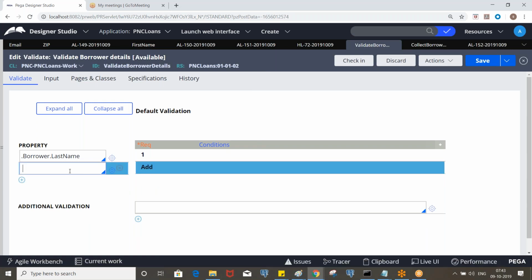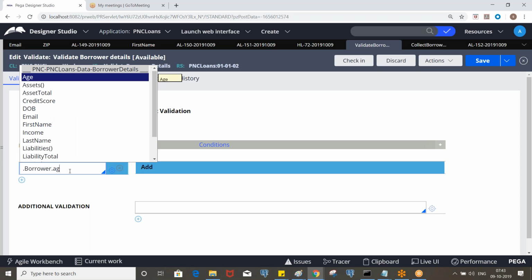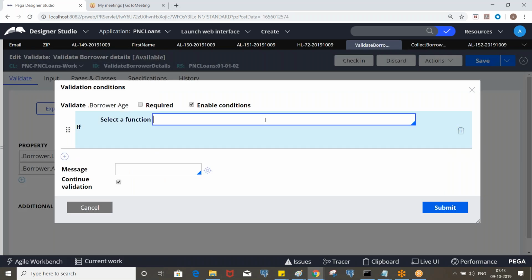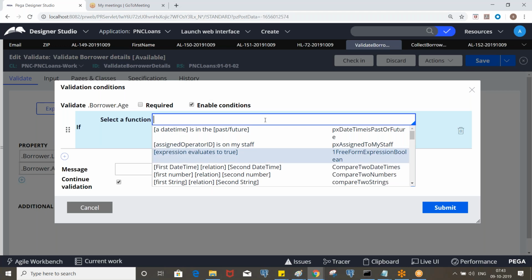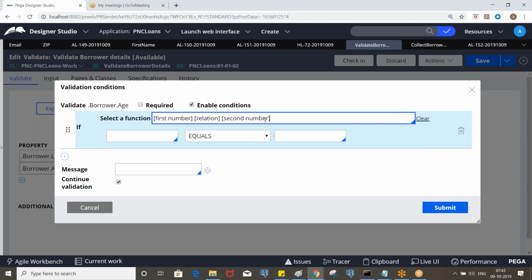Now we are validating borrower age. What is our requirement here? We are comparing two different numbers: first number, relation, second number.